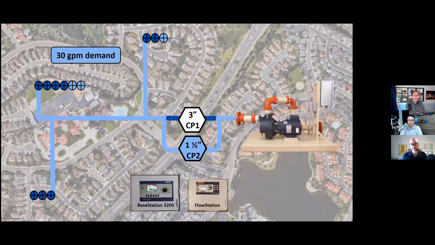Now that 1.5-inch can handle up to 35 GPM. So we're great here. But at some point we bring more zones on, and if demand jumps to 95 GPM, it's going to close control point 2 and open control point 1. Now that 3-inch flow sensor and 3-inch master valve can handle that additional demand and run with this point. So this is allowing us good flow resolution for our flow sensors, but also an appropriate size master valve for